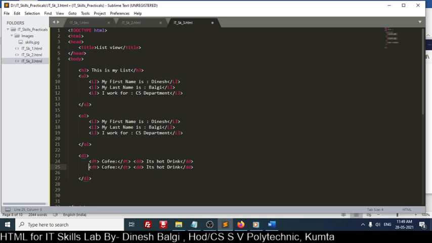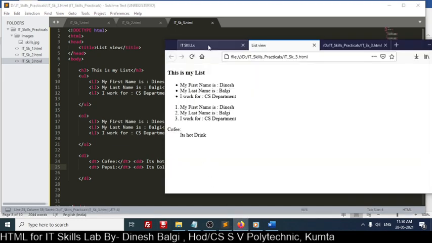So here Coke I will use now, or Pepsi. It's a cold drink. I'll use Control S, save, and then I will refresh. You see here, this is called a data list. So this way you can list the things.